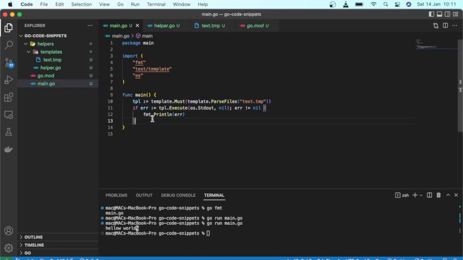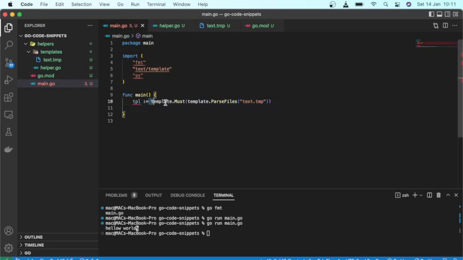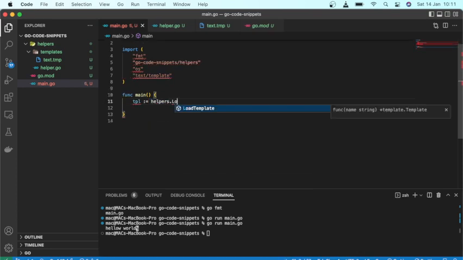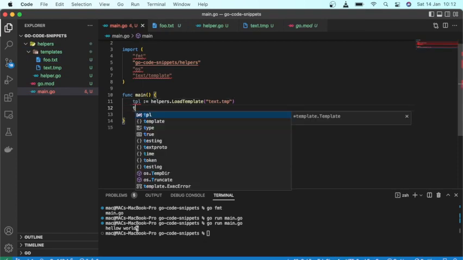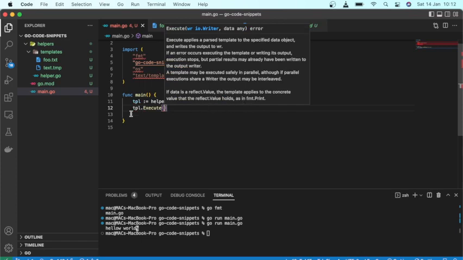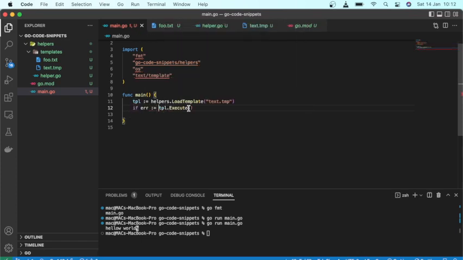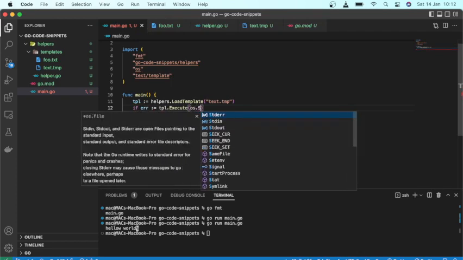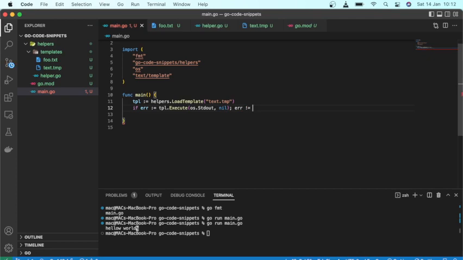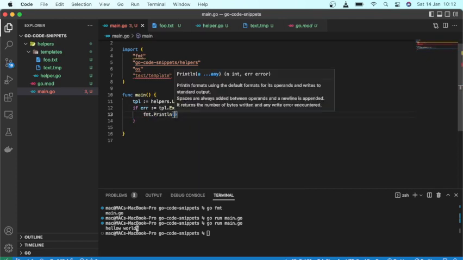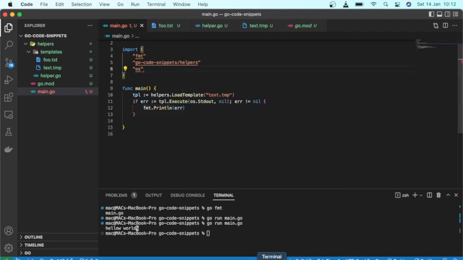If I try to call LoadTemplate in my func main, I can do tpl equal to helpers.LoadTemplate, and then I want to load text.tmp. Just in case, let me create another template also, full.txt. So this is a template, and I can just do tpl.Execute, then I want to write it to standard output and nil, since I'm not passing in data. If there's an error, then I want to print out the error. I don't need this anymore. So if I run the code now,